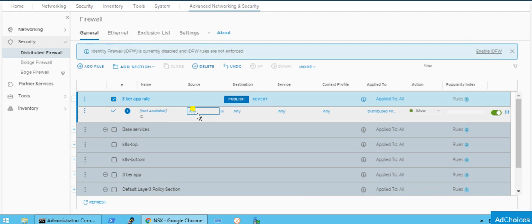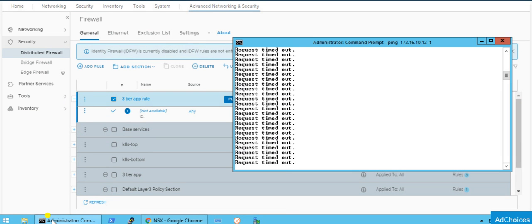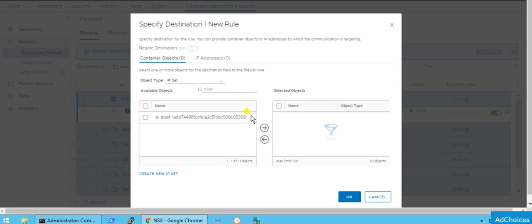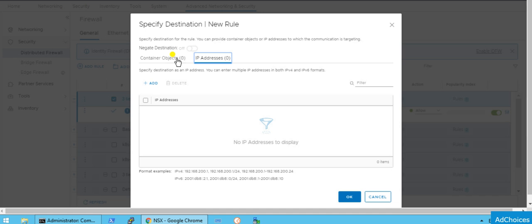So now my source would be any. Why any? Because I want to access these IP addresses from my PC, I mean from this jump server. So rather than putting a single IP address or something else, I'm just putting any, just for demonstration purposes. And the destination, as you know, will be that server. We have three options: logical switch, logical port, and NSGroup. Rather, you can select these, or you can also mention a single particular IP address.